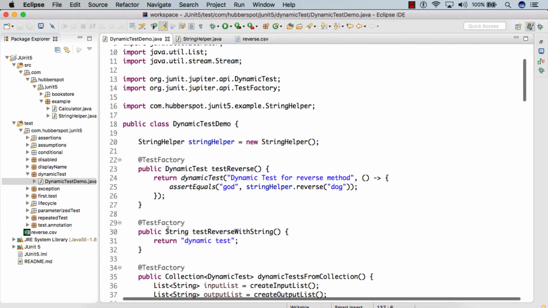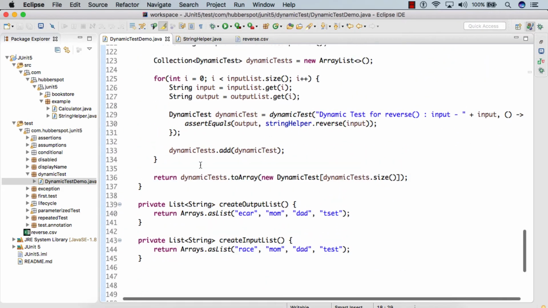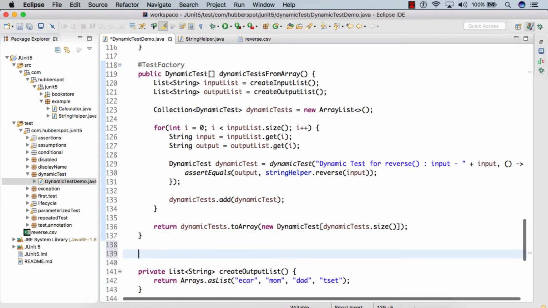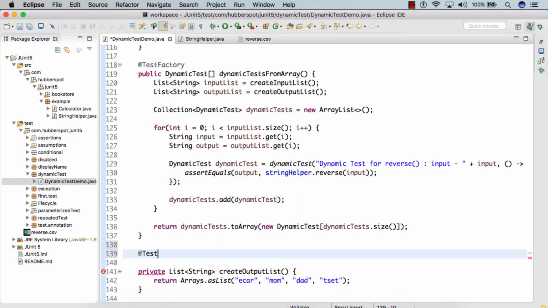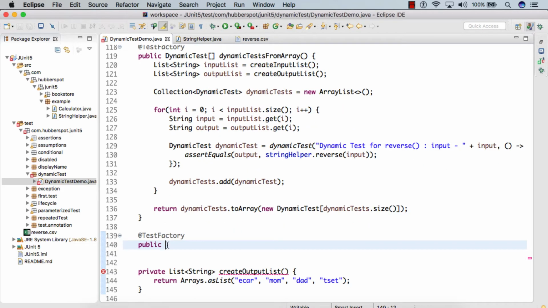So here in our dynamic test demo class, we'll create a test factory. Now this test factory will demonstrate how we can use dynamic containers in our JUnit test cases.